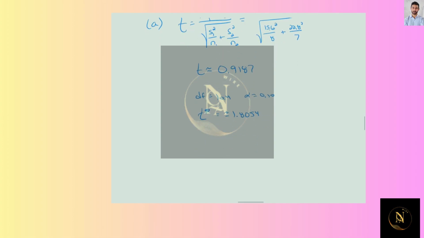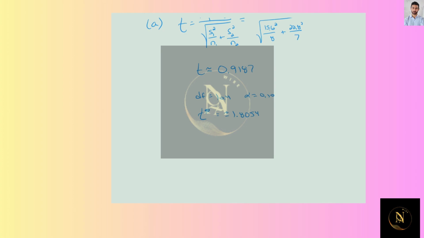And if we are told that the degrees of freedom is 10.4, because that has its own formula when we have different samples, but thankfully it's been given to us, and alpha is 0.10, then the critical t would be 1.8054,